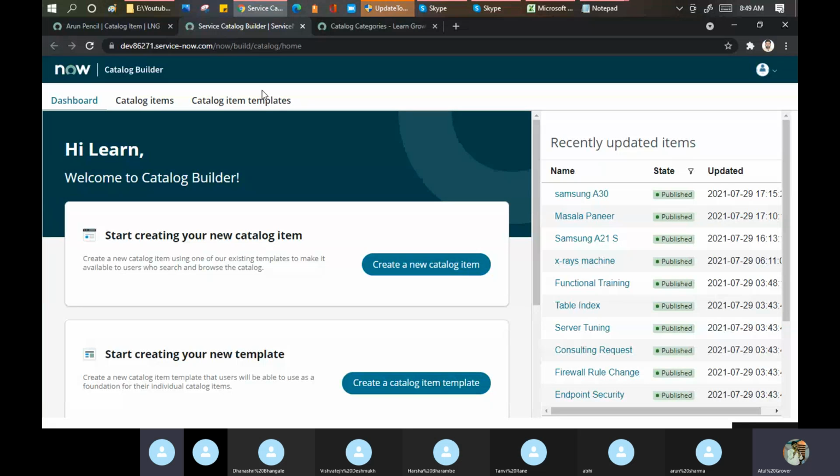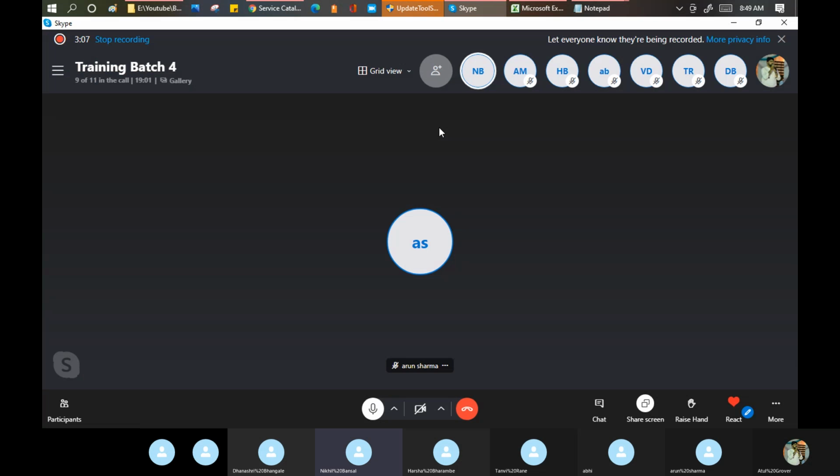Templates we can use, it can save our time. What next? For repeated items, we don't have to always create the same, like a change request. We create the same change as many times, so we have created templates for that, and we use the template.